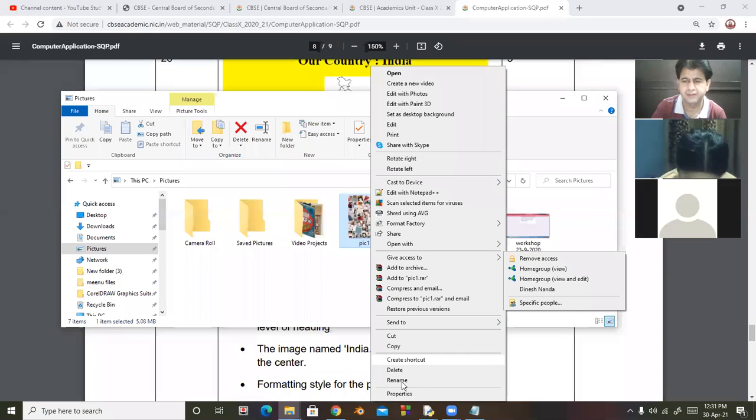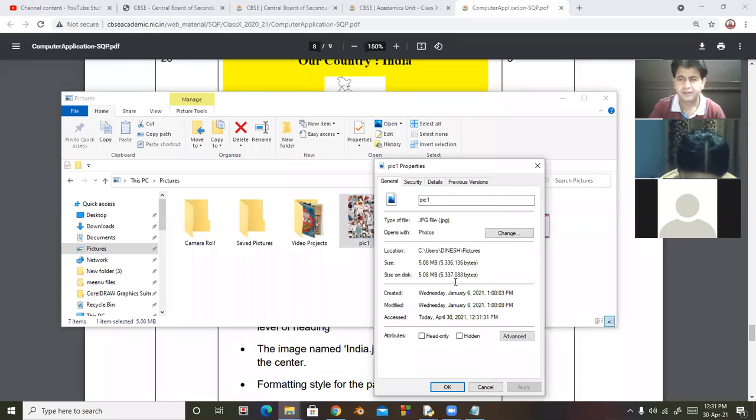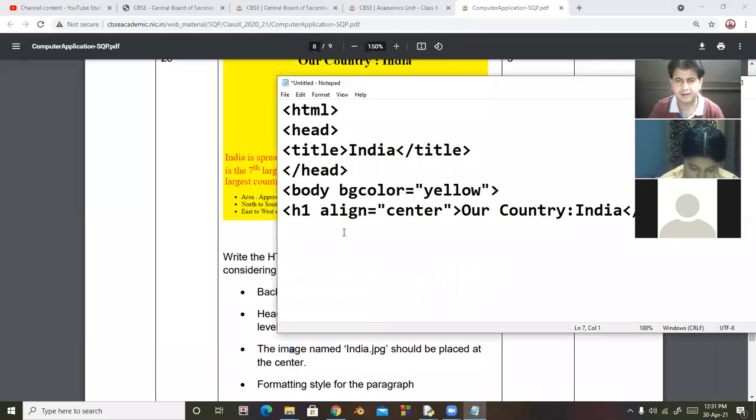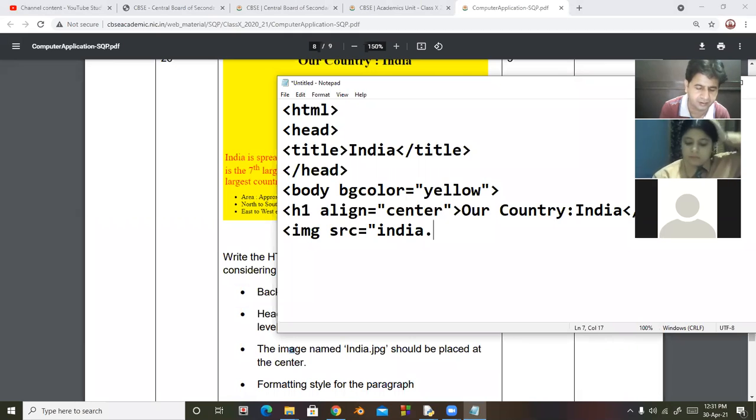Take any image. So I'm taking here, pick one, copy this, and then img tag src. In your question, it is india.jpg. So you will write india.jpg, but this image is not in my computer. That's why I'm changing this.